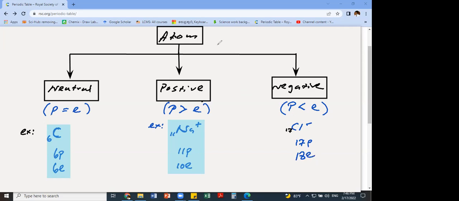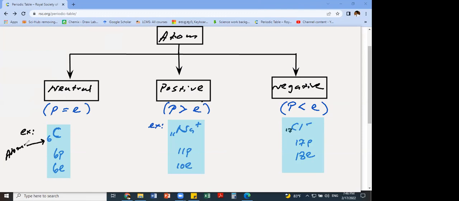This is how you decide whether an atom is positive, negative or neutral. Someday you must be wondering, how do we know how come 17? How come 11? How come 6? So that is the atomic number. That means the number of protons. So in this corner we write the atomic number. That is the order. First, the 6th element in the periodic table,